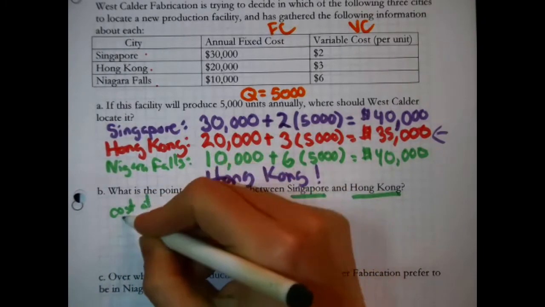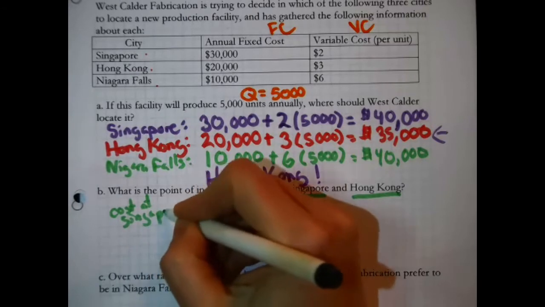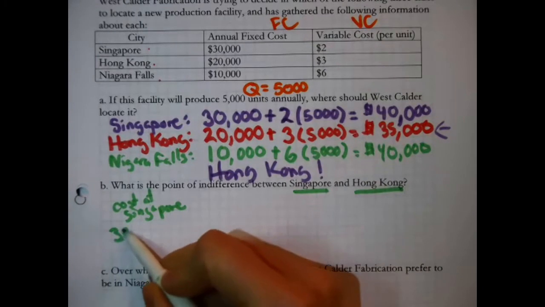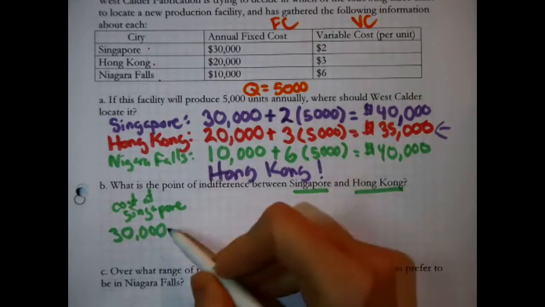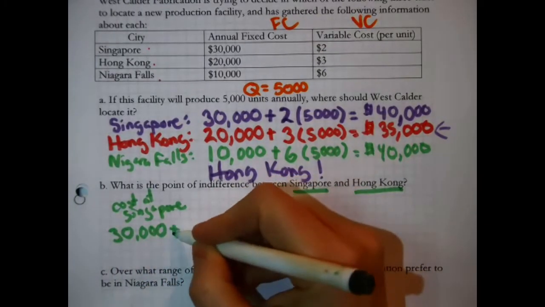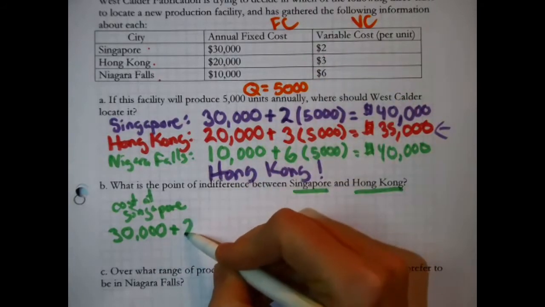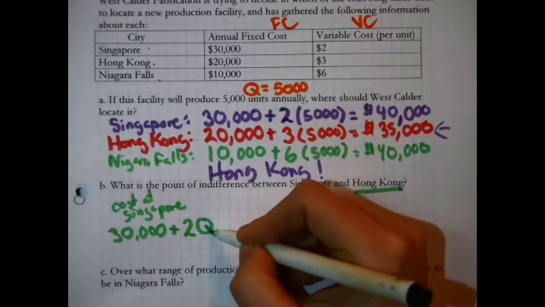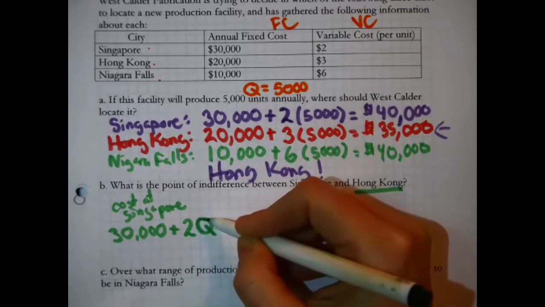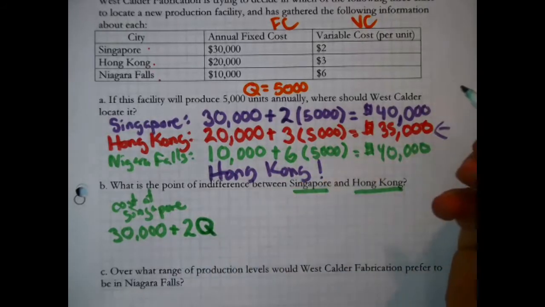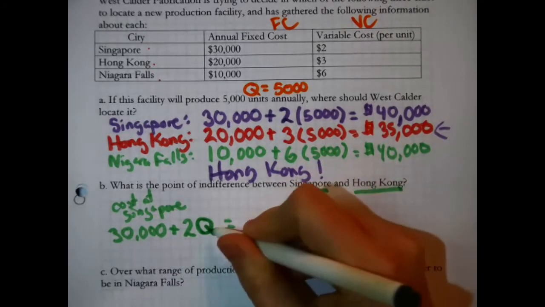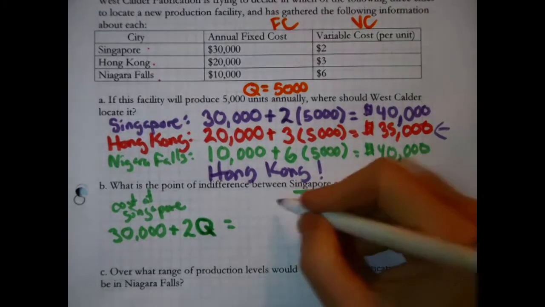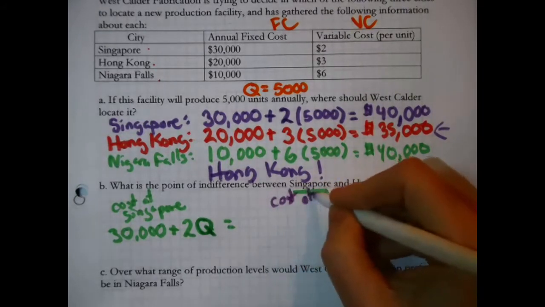Cost at Singapore. How do you calculate the cost of the fabrication facility if it's in Singapore? Well, you pay $30,000 annually in Singapore, regardless of what you do, plus you pay $2 for each unit produced. And I don't know, here with the second question, nobody is specifying how many units that is, so I'm just going to write Q. But the issue is, I'm curious at what level that's exactly the same thing as being in Hong Kong. So cost of Hong Kong,